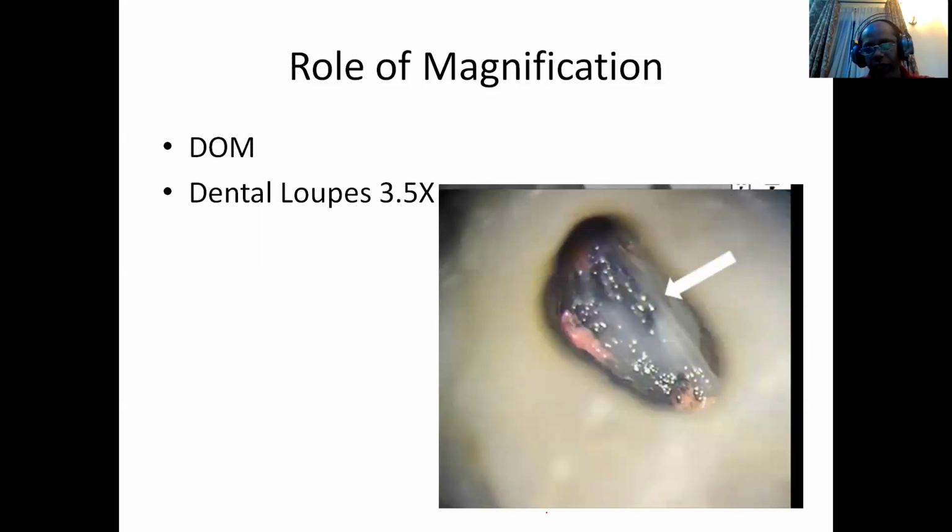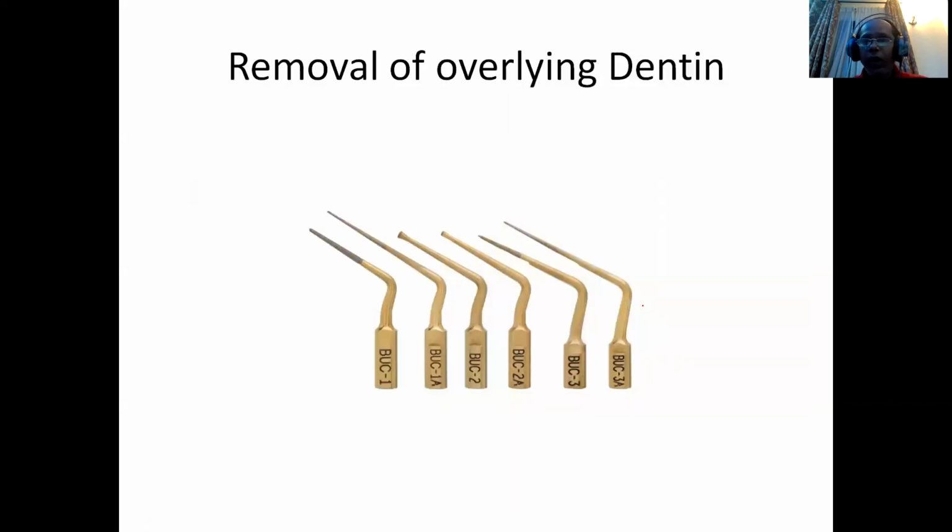So here you can see a magnified view. It makes things more visible. And this darkness, the grooves I just told you about, and the darker area here, that is indicating that the canal is present. That then makes your job easier. So after that magnification, when you see all this, and your CBCT or radiograph, then it's just a matter of how to explore it.